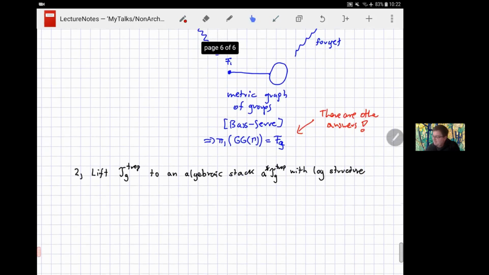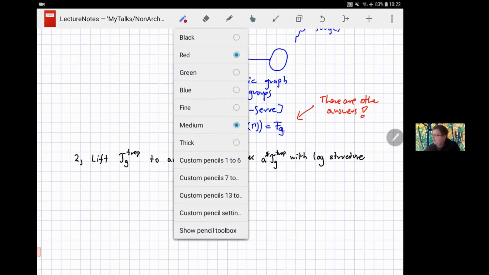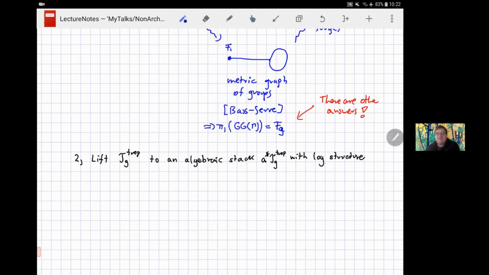Okay, the next step is now to lift the tropical Teichmüller space to an algebraic stack, and that sounds completely crazy, but it's not that bad actually. The keyword is: use the theory of Artin fans. What you do is you take the poset-stack diagram that we have seen above for M2 and associate to each of these stable vertex-weighted graphs